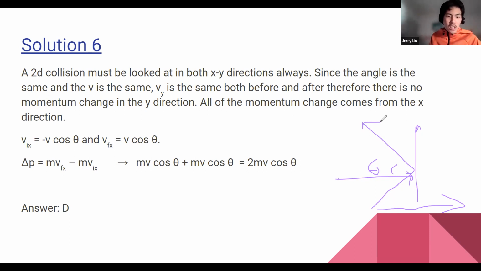impulse. So delta p is J, and that's delta p is just mv_f minus mv_i in terms of the x direction. We were not given the direction of the component itself, so we must find that out using v_x equals v cosine theta. So you have mv cosine theta minus negative mv cosine theta, if you find this as positive. So you get basically 2mv cosine theta because these two add up, and this is your total